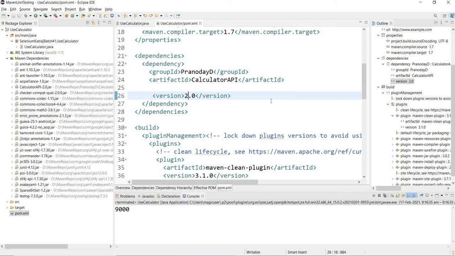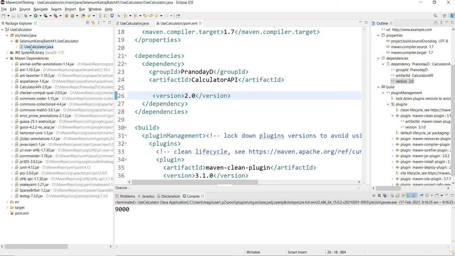I can use any version as long as it is present in my local repository. If it doesn't find it there, a central repository should be configured, so that Maven can go to the central repository, get it to the local repository, and then attach it to the project class path, right? So 2.0.